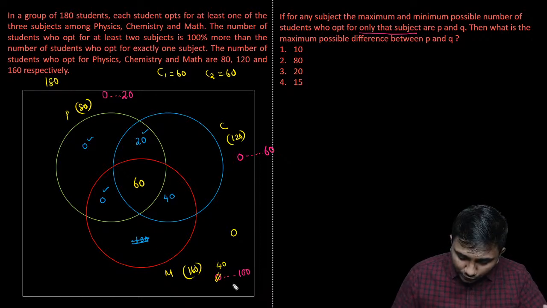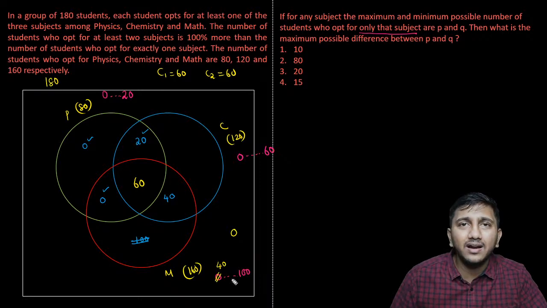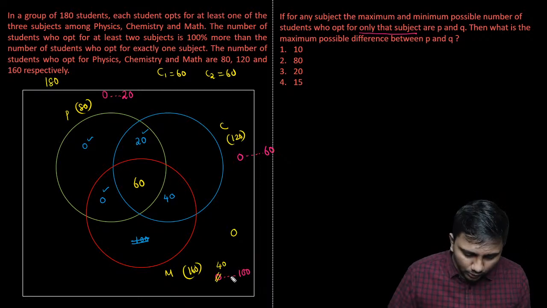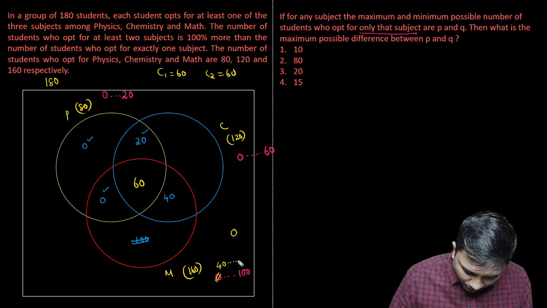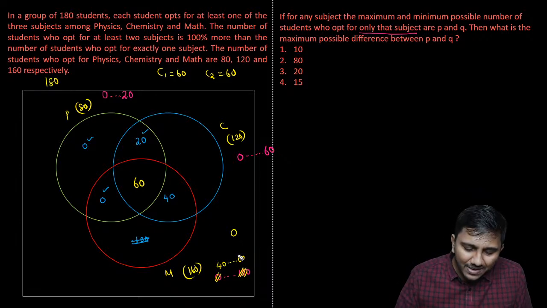60. So this range is going to be between 40 and 60, not 0 and 100 as we blindly thought earlier. So I can just write it as 40 to 60 is the range. It's not 0 to 100. Now that I've got the range as 40 to 60, I would not even bother solving it for P,